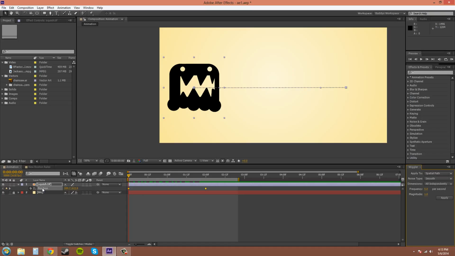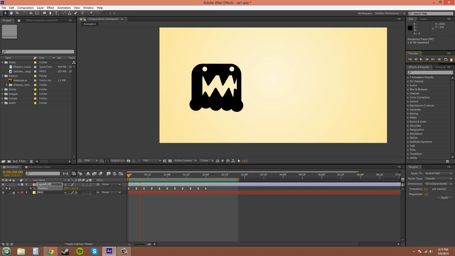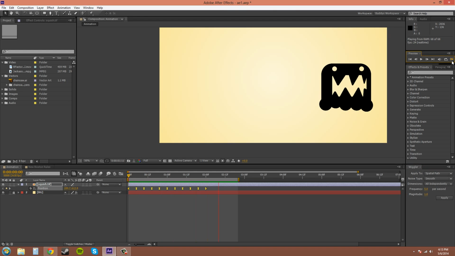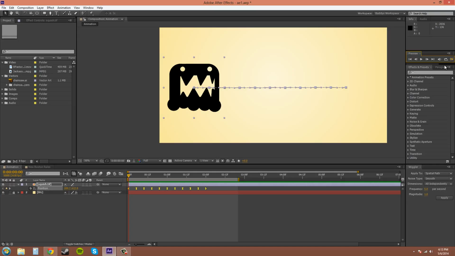So I have the position, click on position, and I'll click on apply because I made just a basic motion path going across. Apply, and you can see it added keyframes, and I'll give you a little preview here, and it pretty much did nothing, and the reason why is because I did not increase the magnitude high enough. So let's go to 10,